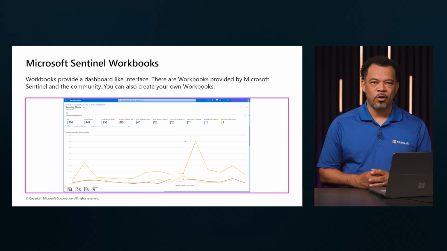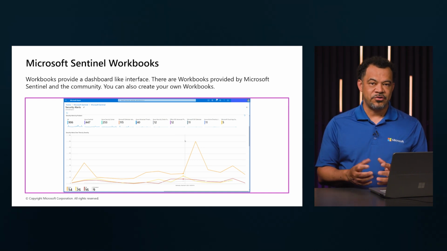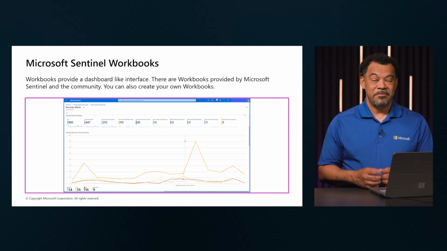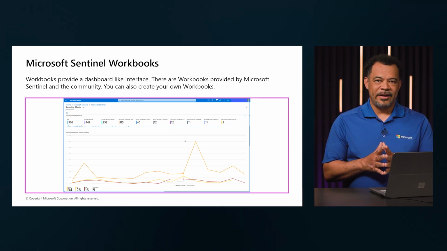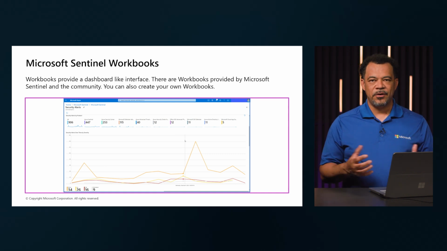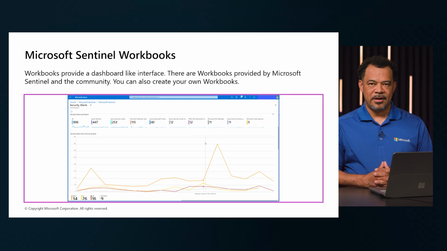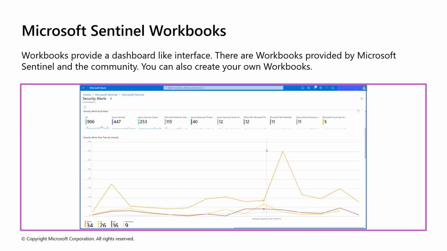So you start by navigating to the Workbook section in Microsoft Sentinel. Once inside, select the data sources you want to visualize. These can include alerts from Entra ID, Microsoft Defender, Office 365, Advanced Threat Protection, and many more. Customize the layout by adding charts, metrics, and filters that align with your security monitoring goals. After configuring your visuals in Logic, save the workbook and share it with your team to support collaboration and threat analysis. This approach enables real-time visibility into your security posture through an interactive dashboard-style experience.